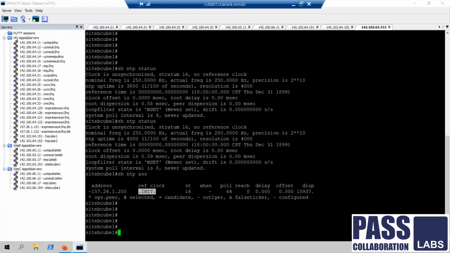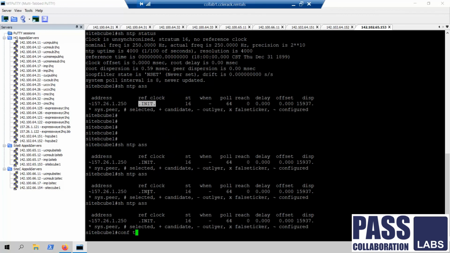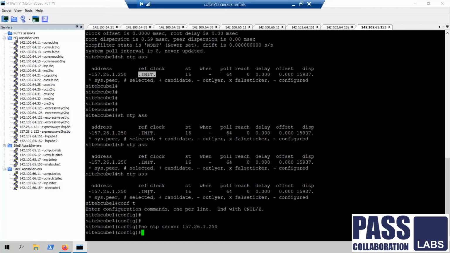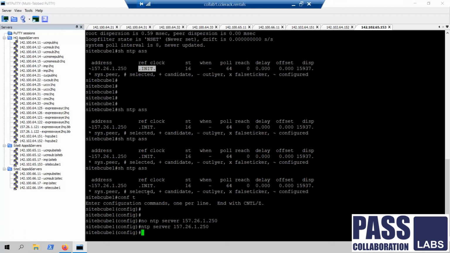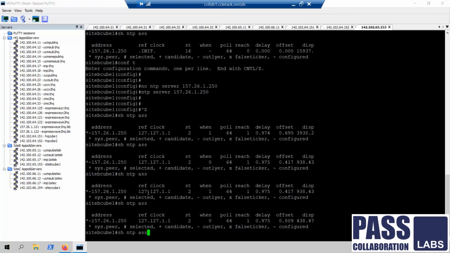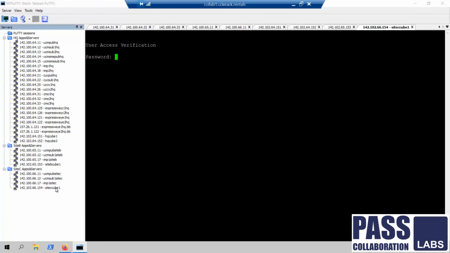It is in initialization stage over here. Let me just remove the NTP and add it again. Now the when value should start increasing. So site B is also done, and the last device is site C cube.